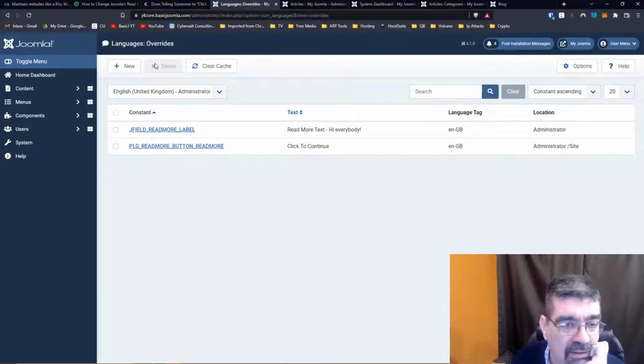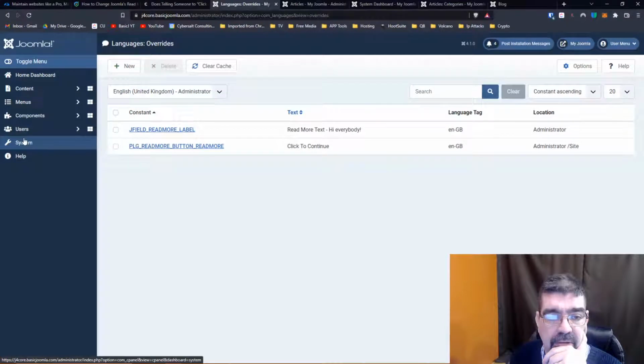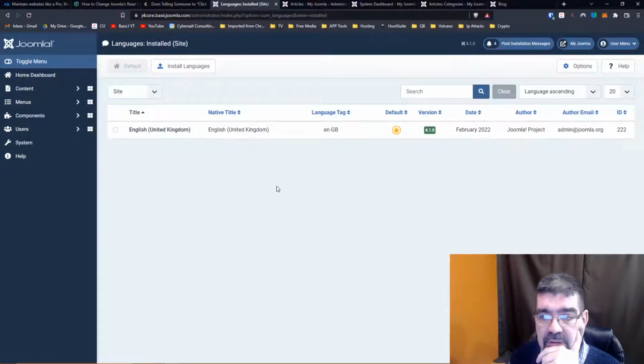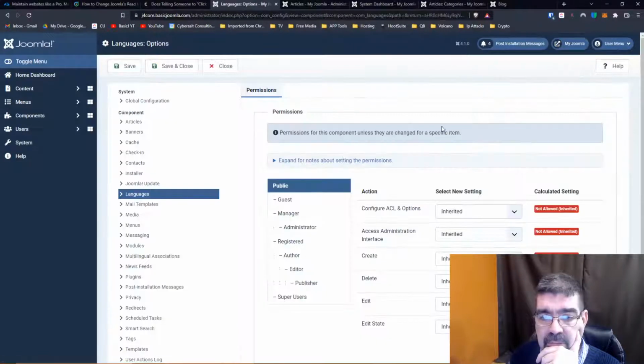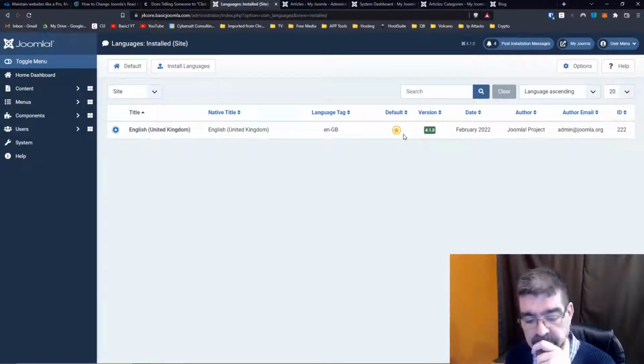How do we get to the language file thing? Here's languages, options for languages. No, that's not it. Yeah, I think by FTP. That's what I was wondering, if I could get at them through the